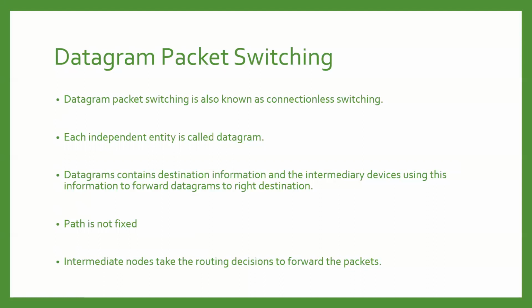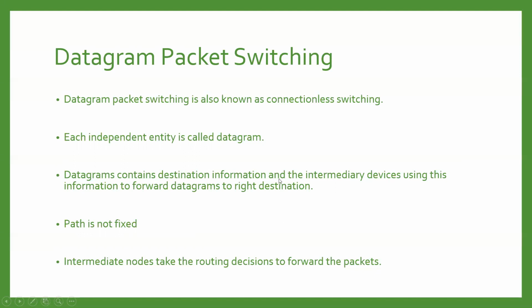One is the datagram and another one is the virtual circuit. Now, what is happening in datagram, which means connectionless switching? Every individual chunk or packet is called a datagram here. If we are using connectionless switching, then that individual chunk will be called a datagram. So every independent entity is called a datagram, and each independent datagram will be transmitted individually. Every datagram will consist of the destination address and the source address, as I have already explained in the previous slide.